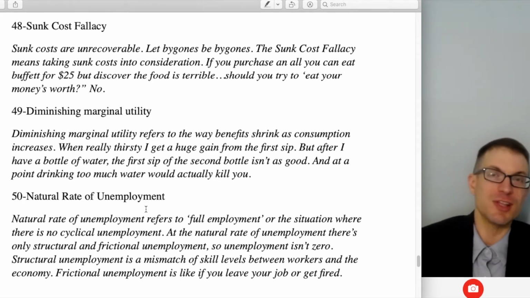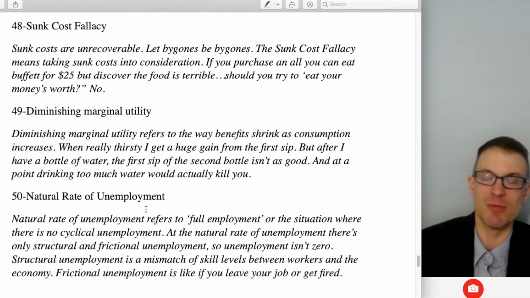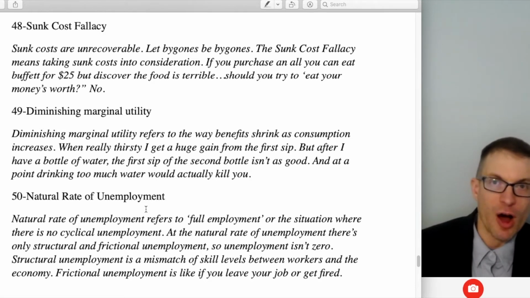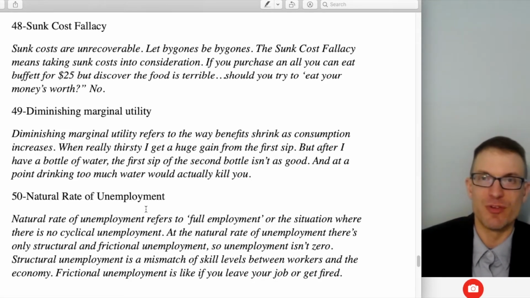And so I decided to leave. I just decided to leave and go home. And the reason why is because I judged staying there to confer less benefit on me than if I were to leave. It was a marginal reasoning. I compared the benefit of going versus the benefit of staying. Now, the sunk cost fallacy would have been if I would have allowed the fact that I got up at 2 a.m. and spent all that time in line as relevant for my decision of whether or not to stay, right? No, it shouldn't make any difference other than now I'm tired.